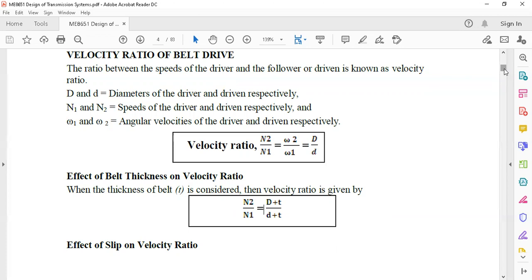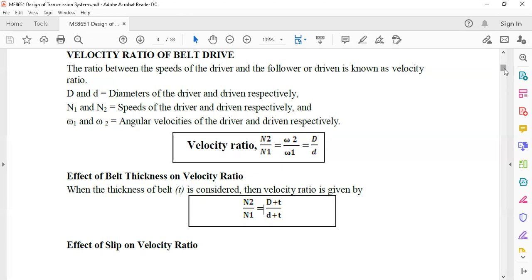When we are comparing with the angular motion, we consider the diameter of the bigger one divided by the diameter of the smaller one. Otherwise, when you go for calculating the velocity, it is the smaller one divided by the bigger one. That is the simplest way we can remember it ourselves.